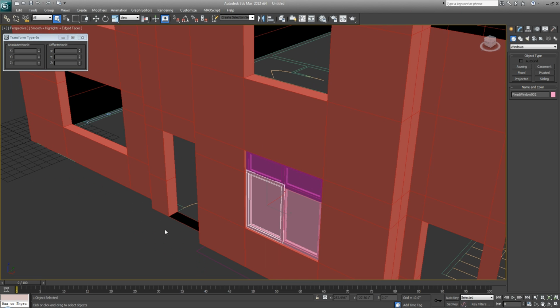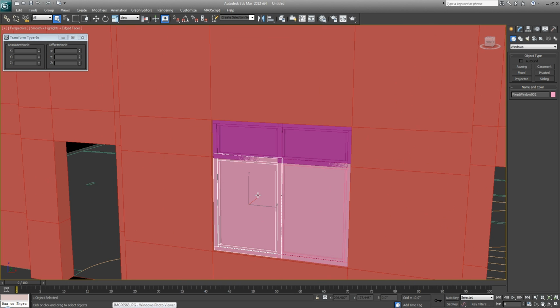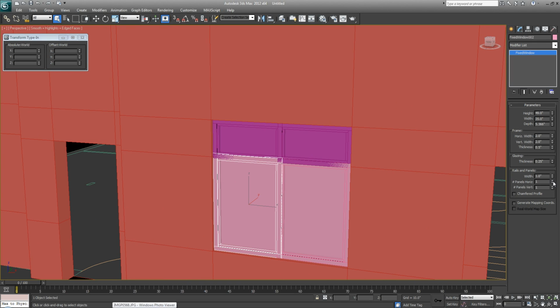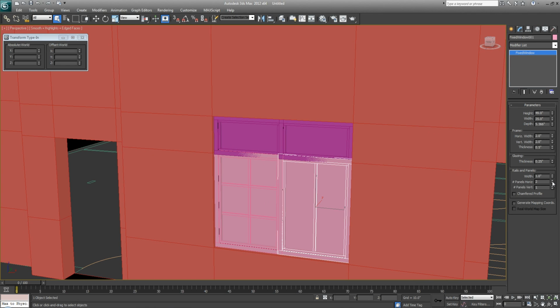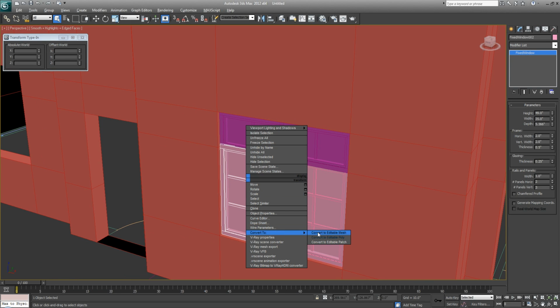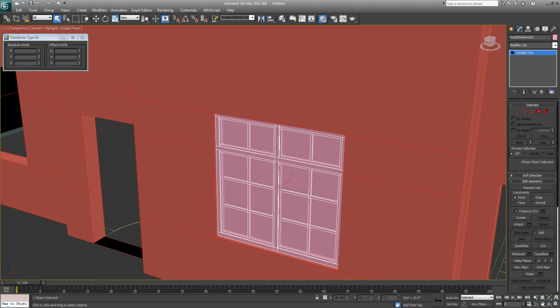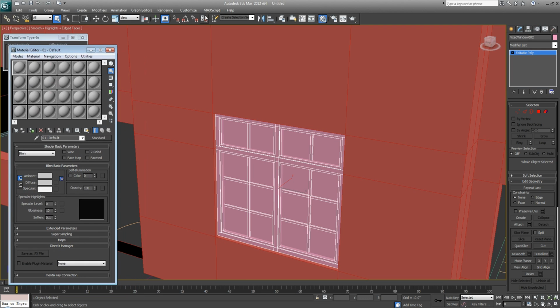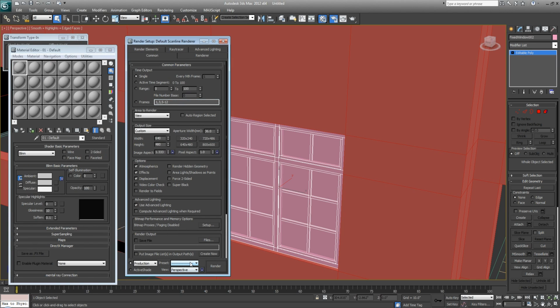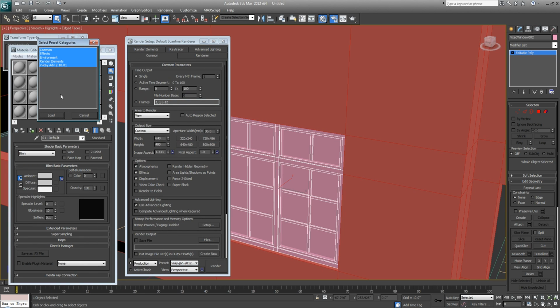But what I'm going to do is, we probably want some detail on this, so I'm going to put in a couple panels. And then I'm going to convert this one to an editable poly and attach all these. Because then what I can do is, if I switch over my renderer to max,